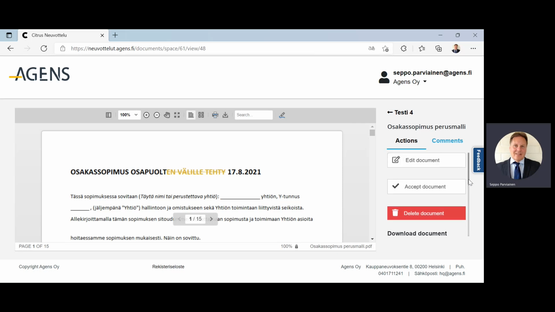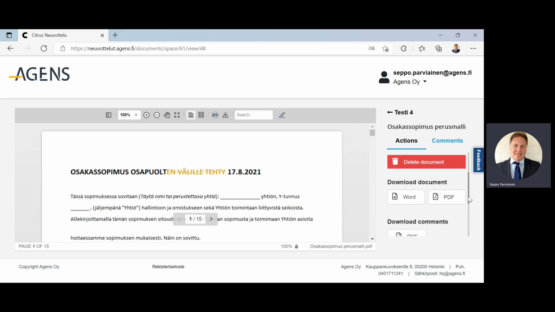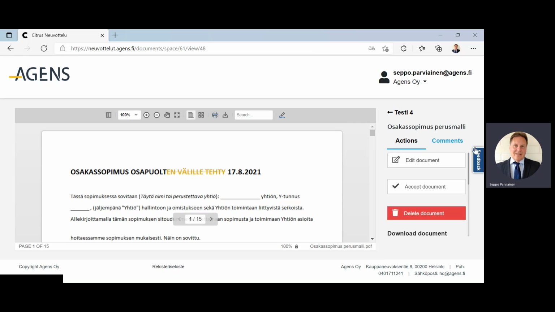And if you want to edit the document, you can do it from here. And if you want to delete, you can do it from here. And if you want to comment, download the document or download the comments, you can use these buttons. And if you want to go in this phase, actions, editing the document,